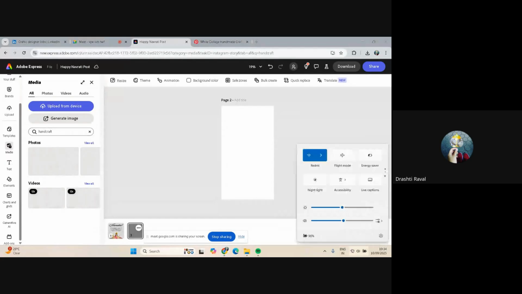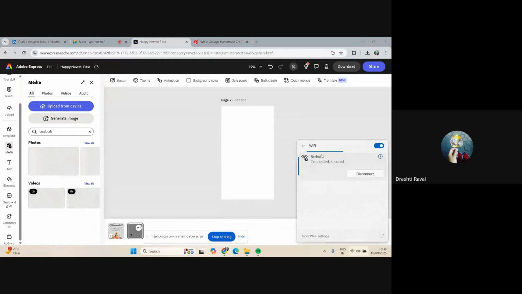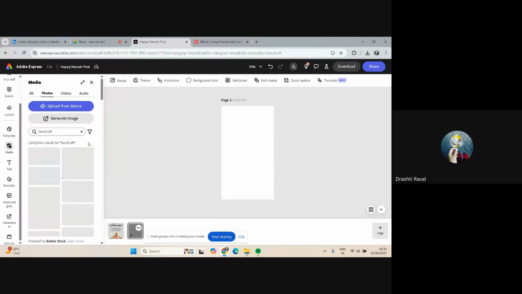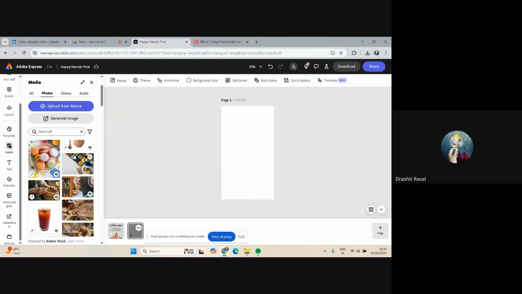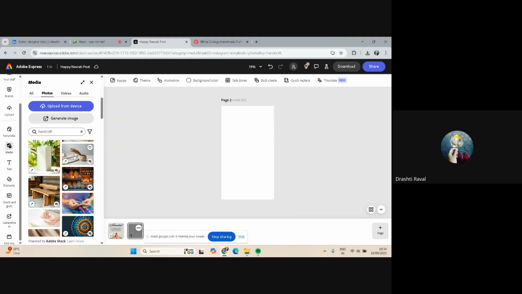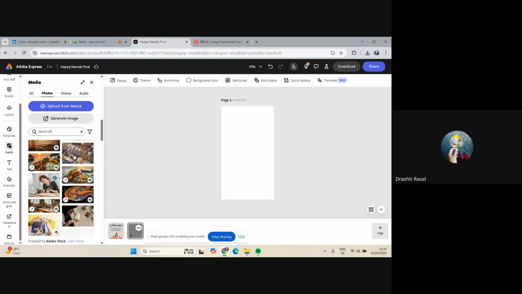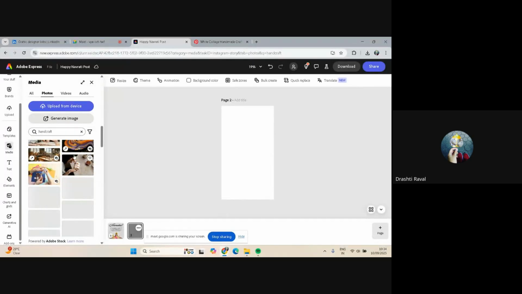It is taking some time, so I'll just check my network again. Okay, so we'll click on view all and check. They are giving us a lot of images related to handcraft, but those images are not in the size we are using. We will just scroll,